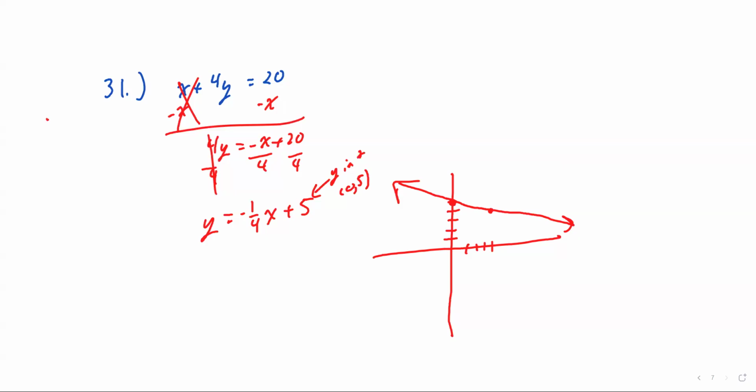All right, let's look at a different type of question. Let's look at number 51. In 51, you're asked to find the equation in standard form. Standard form, by the way, if I forgot to do it, I think I did it in the last video, is ax plus by equals c. So it says find the equation in standard form of the line passing through these specific points. So we have (-1, 3),